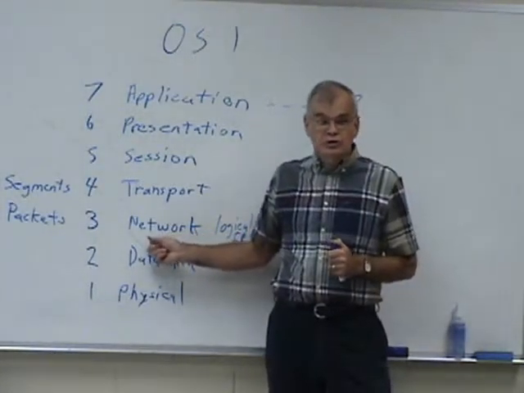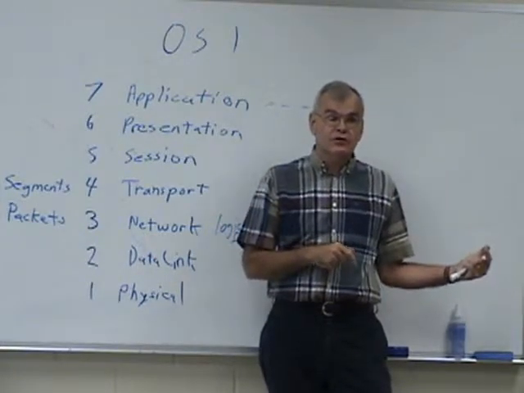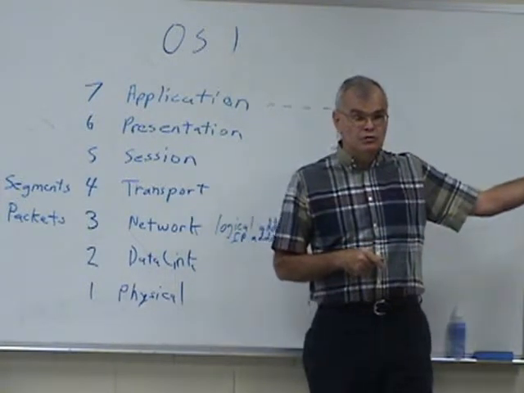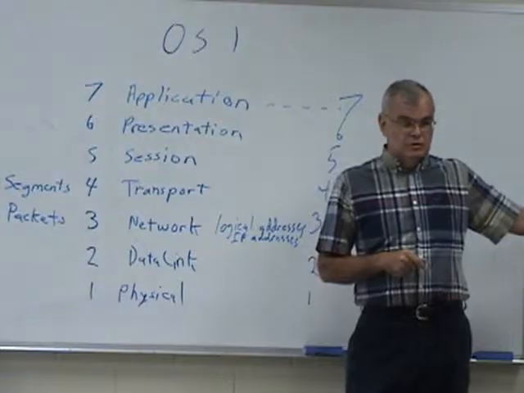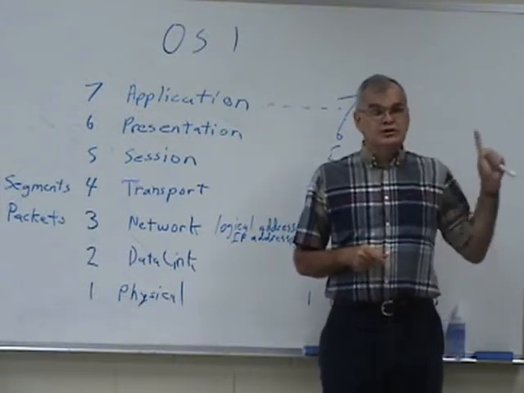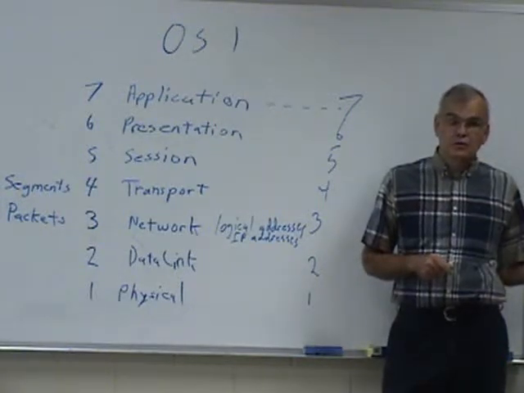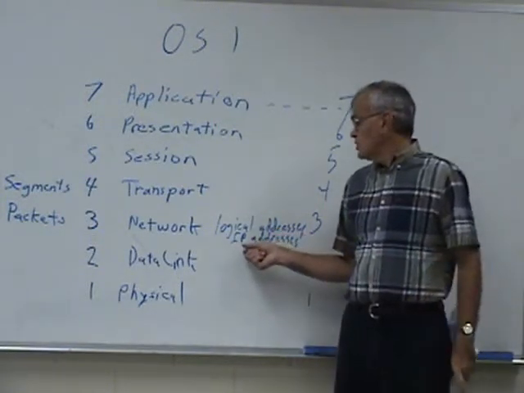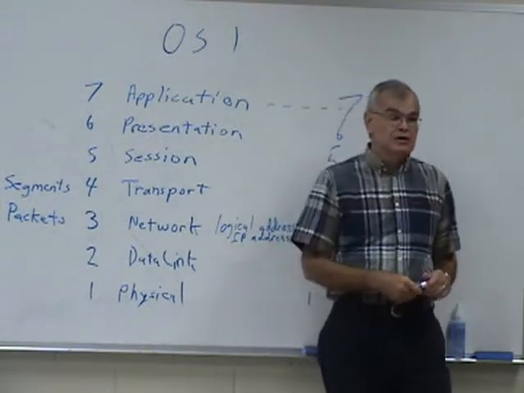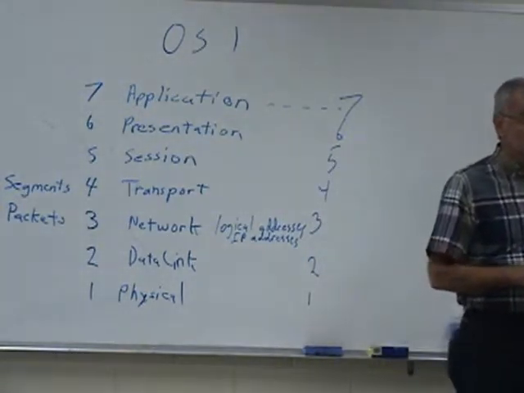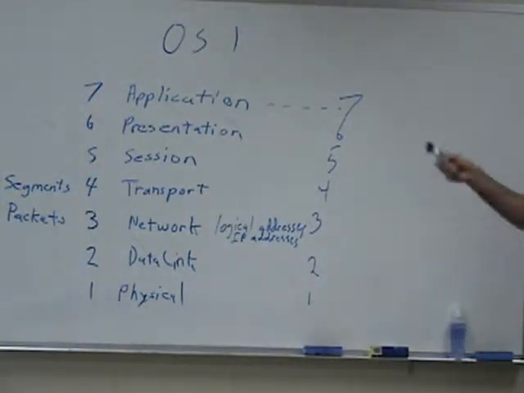What we've told it here at this point is where it is coming from and where it is ultimately going to. Once it gets on the correct network, which specific machine will it belong on that network? Okay? The data link layer will actually have two separate sub-layers on it, which none of the others do,